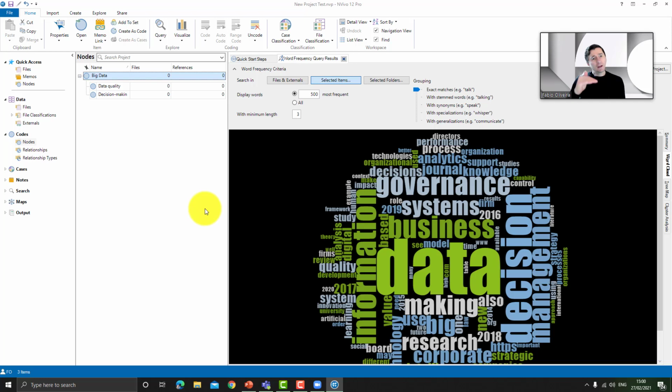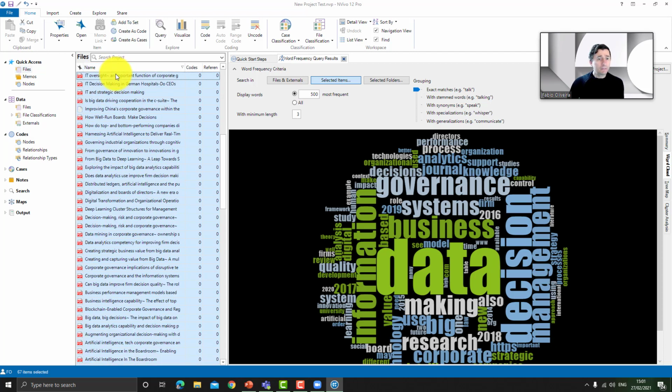Okay, and then you can create nodes inside the main node, and after you do that in your data analysis, themes will emerge from this data, from this analysis. Now I want to see the files.